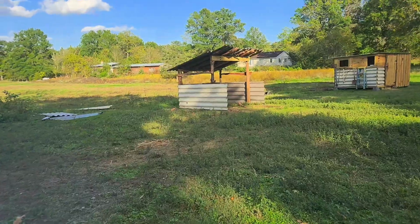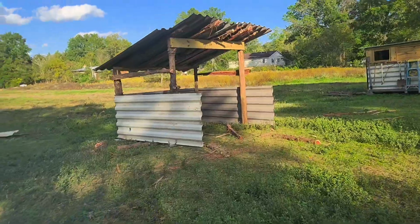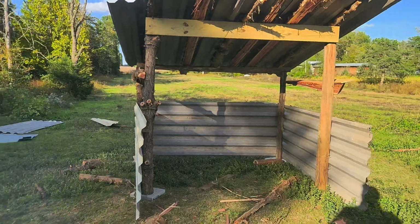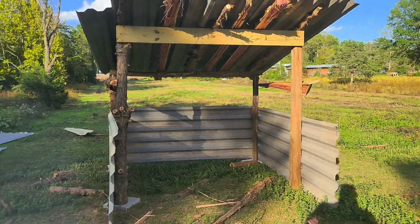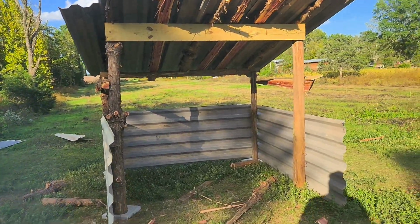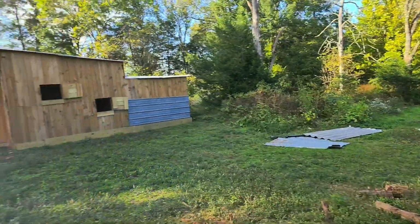I got my round bale feeder. I wish I would have made it bigger, but I'm not even tripping. This will fit one 5 foot long by 6 foot deep, or the guy that I'm getting my stuff from has 4 foot wides by 5 foot rounds, so that would fit. This structure here is made all out of wood, other than the leftover metal pieces that I had from the